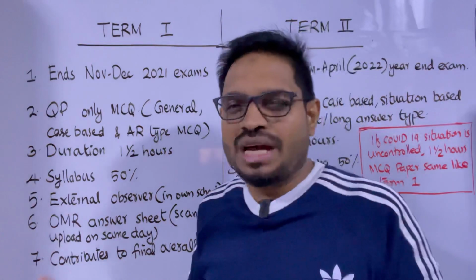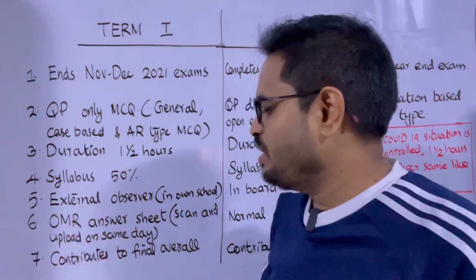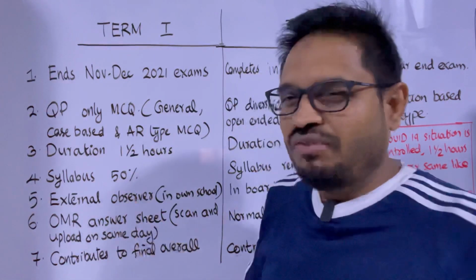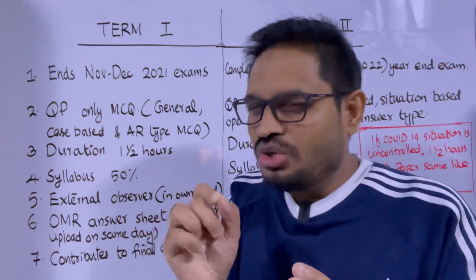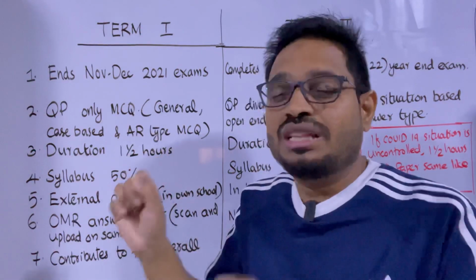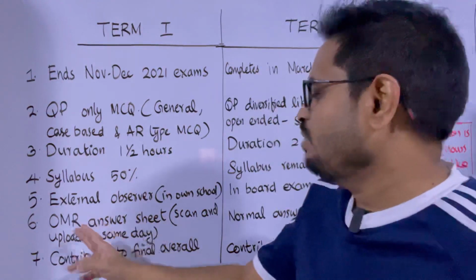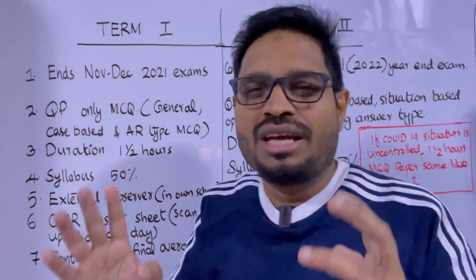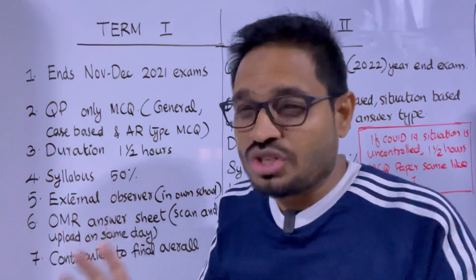Let us see how the answer sheet is. The answer sheet is going to be an OMR sheet. As you all know, optical mark reader, in which you just have to shade the bubbles. Answer A, B, C, D, you have to choose and shade the bubbles accordingly. And the OMR answer sheet will be scanned and uploaded on the same day to the website by your school,